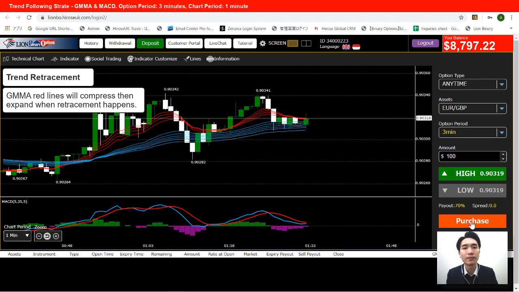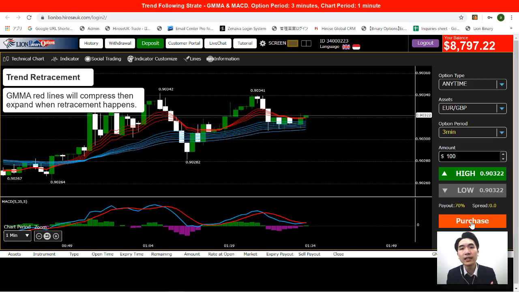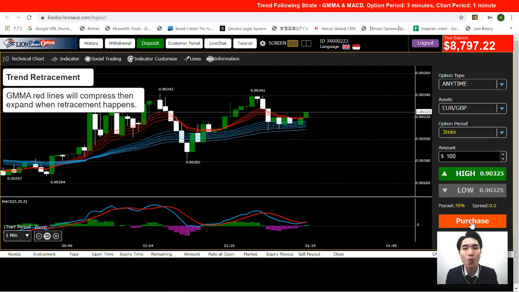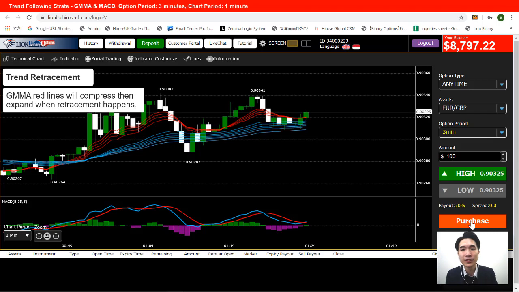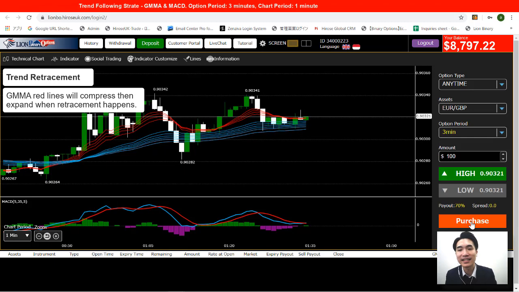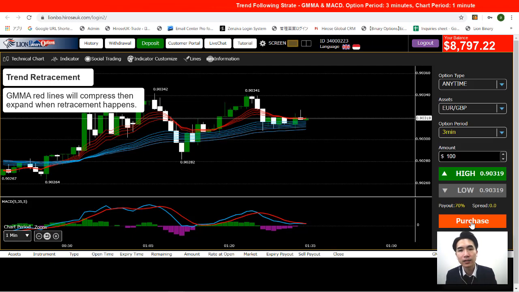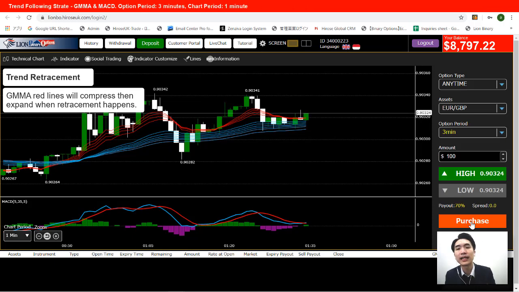In here, it is represented by the red lines compressing and expanding. When the red lines start to compress, it means that the retracement is now happening. When the red lines finish the compression and start to expand, that means the price is now starting to head back to its trend direction, and that's the moment that we are waiting for. After the compression, if the red lines start to expand, that's the moment that we should open